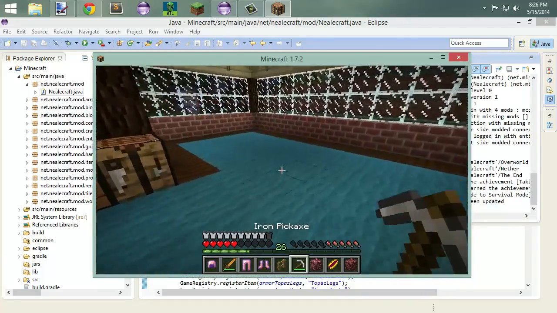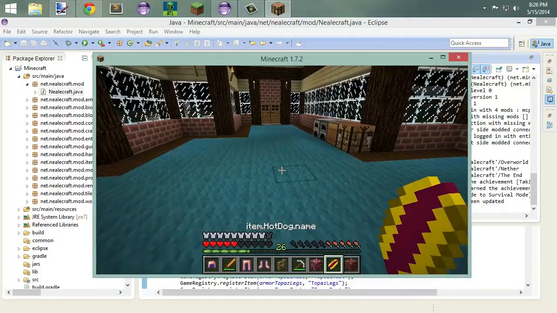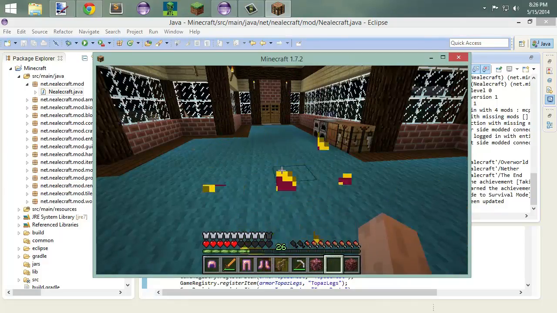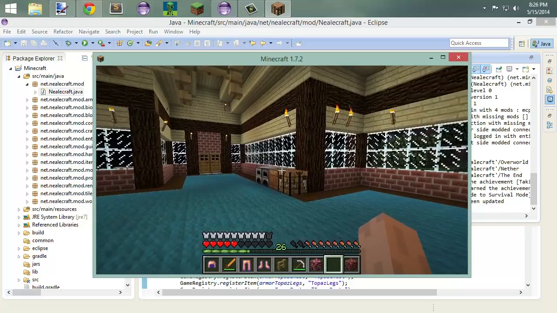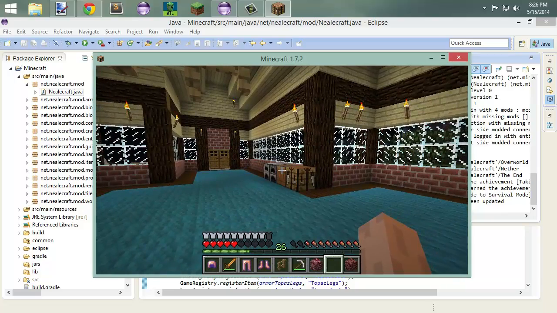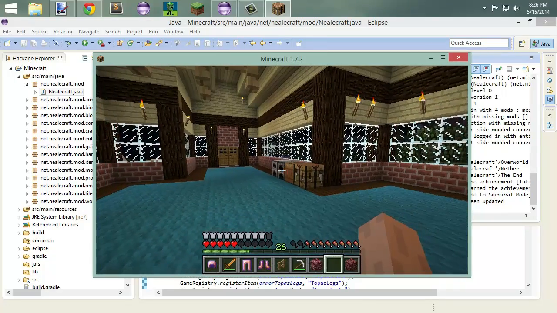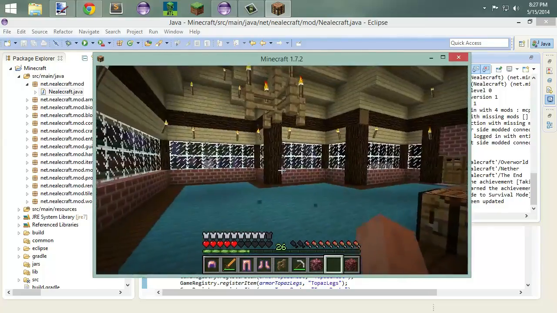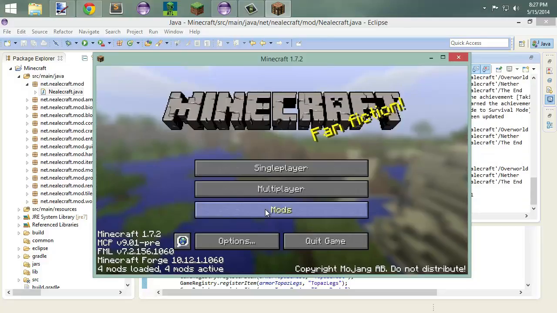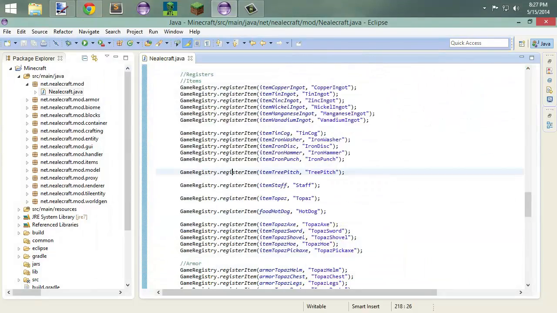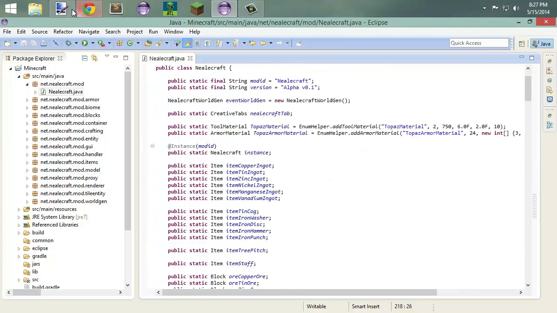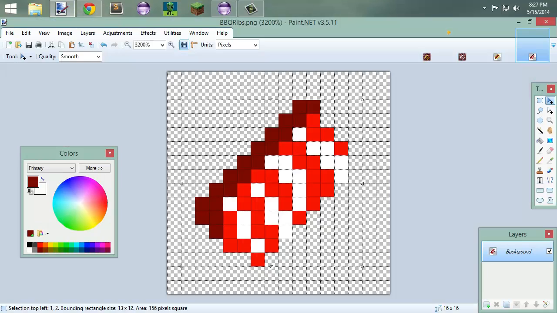Okay, so let's eat the food. Should do 3. I have 5.5 missing, so we should have 8.5, 7.5. Because I had 4.5, now I have 7.5. So there's your food, right? Sweet, easy. That's just if you want just generic food, right? That's pretty straightforward. However, if we want to do some custom food that does some custom stuff, specifically potion effects,